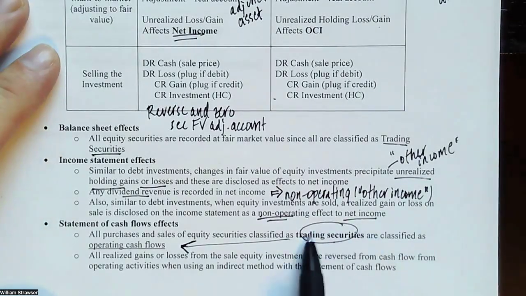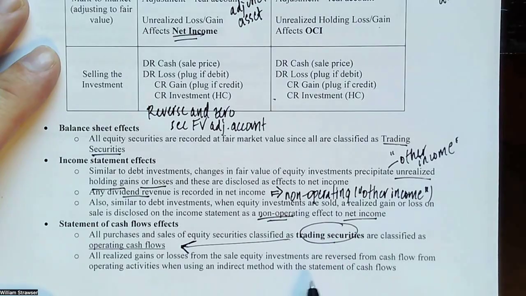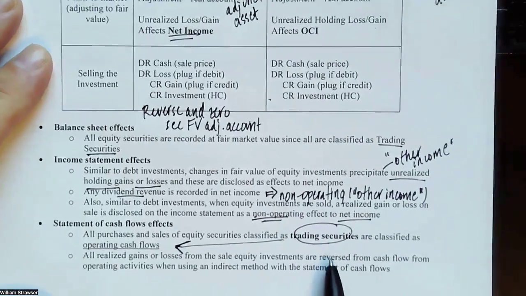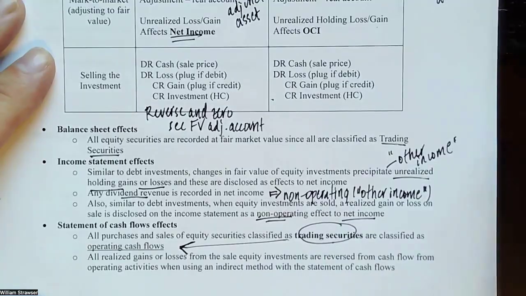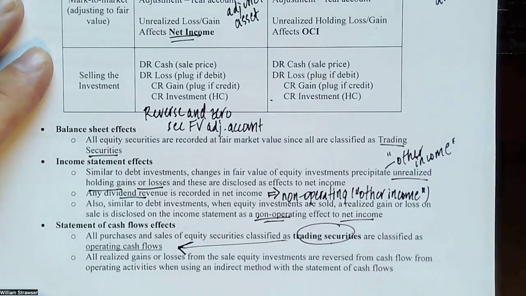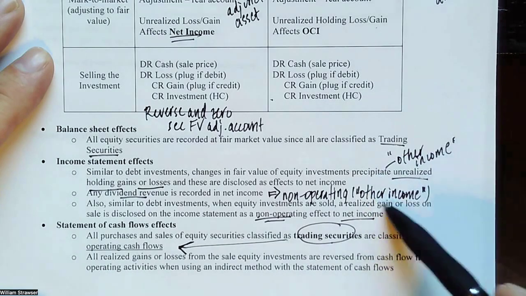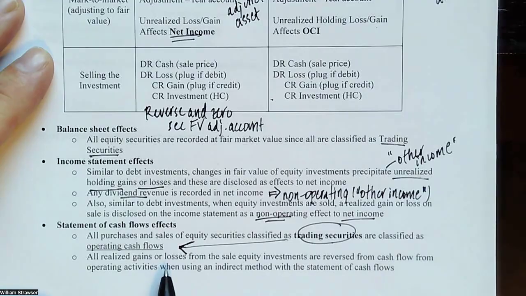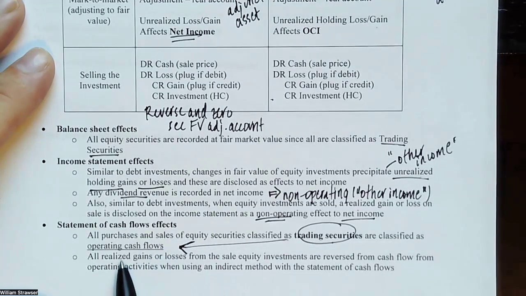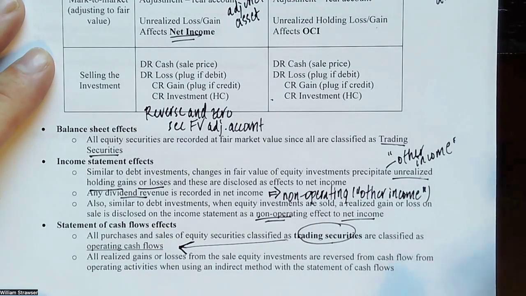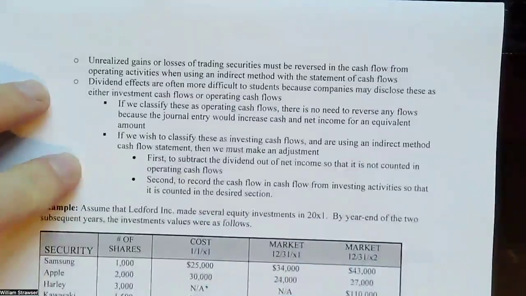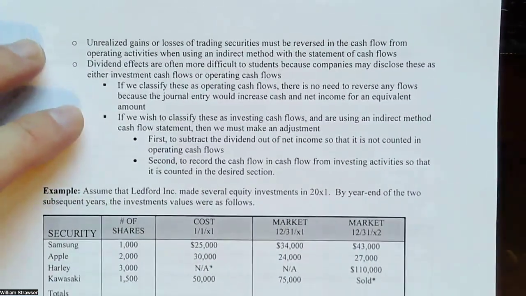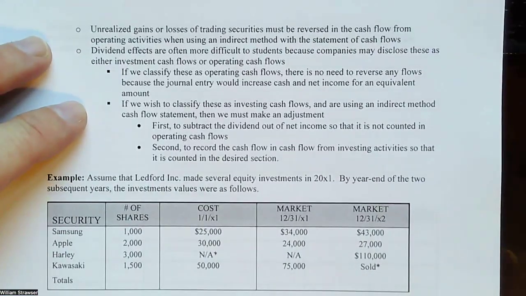Because if I'm just recording the cash in and out from the purchase and the sale, those gains and losses are embedding themselves in net income because they are all non-operating activities that affect net income. And if we don't back out those gains and losses, we'll effectively double count some of the cash from the purchase and the sale. So we need to reverse the realized gains and losses as well as any unrealized gains and losses over time. We're going to reverse that from operating activities.